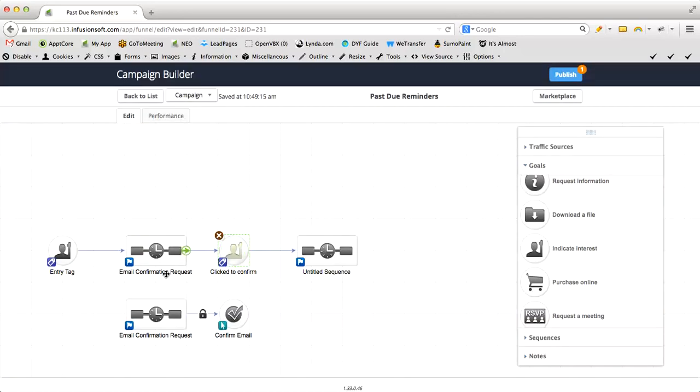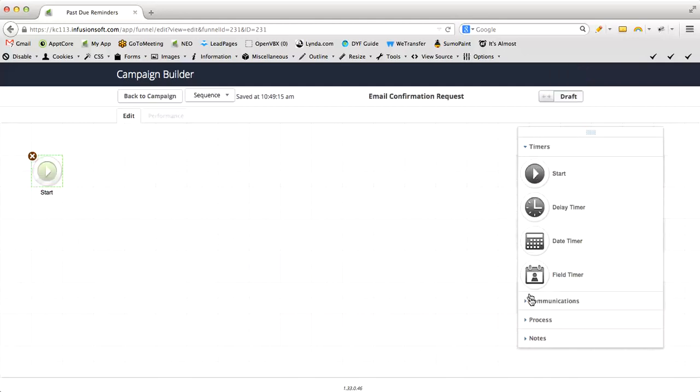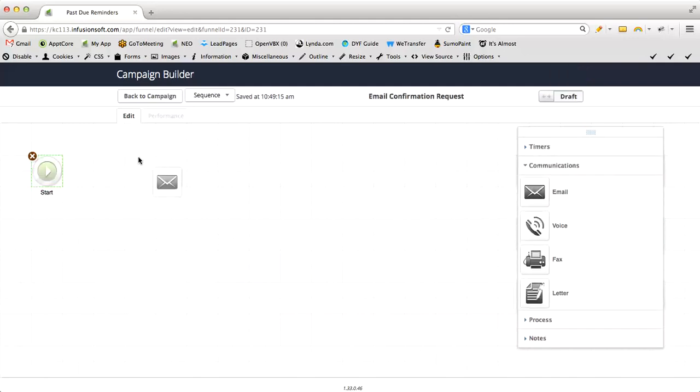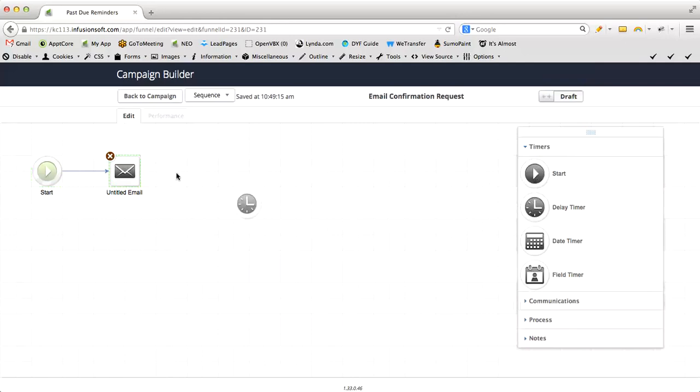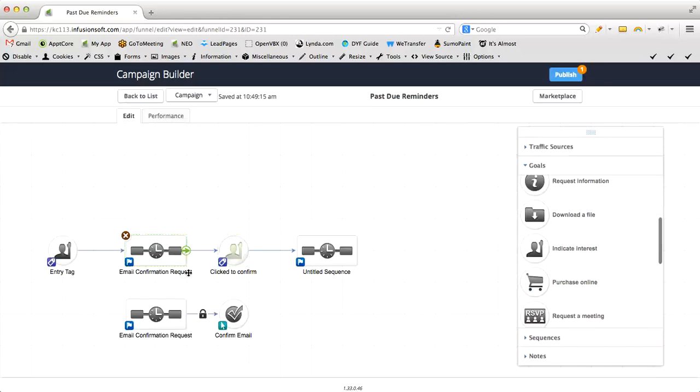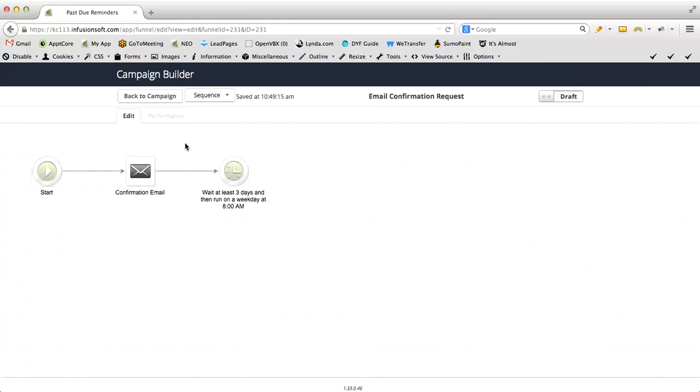All right, so here in the email confirmation request, there's actually two parts of our process. One is in the campaign, and then one is outside. So if we, again, come under here, and whether we want to build a reminder or not, that's fine. Just to real quick clarify, because I found so many people don't understand this, in the email confirmation request, this